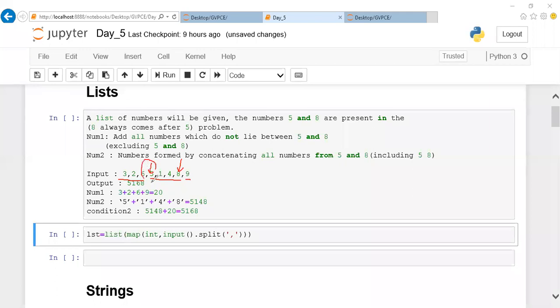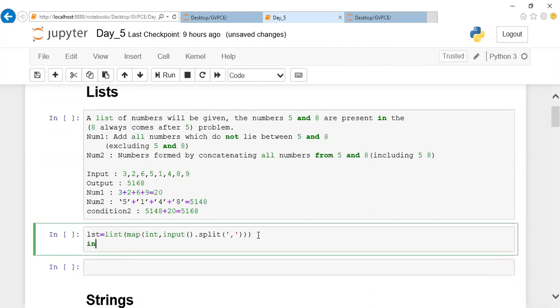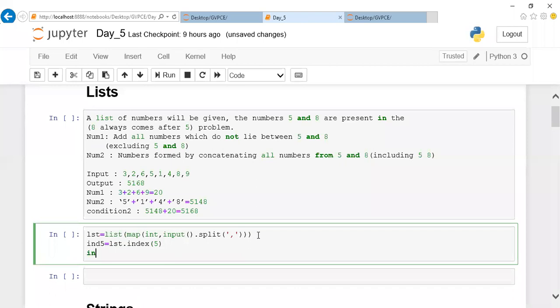So further, I should know the index position of this element and the index position of that element. Let us take the index positions of these two, and we know that if you want to know the index position in a list, we have a method called index. So I can find the index position of 5 just by writing list dot index of 5. So 5 is the element. If I mention index of 5, the index of 5 will be fetched and stored in an int variable. The same way I'll fetch the index of 8. So I got the index values of these two elements.